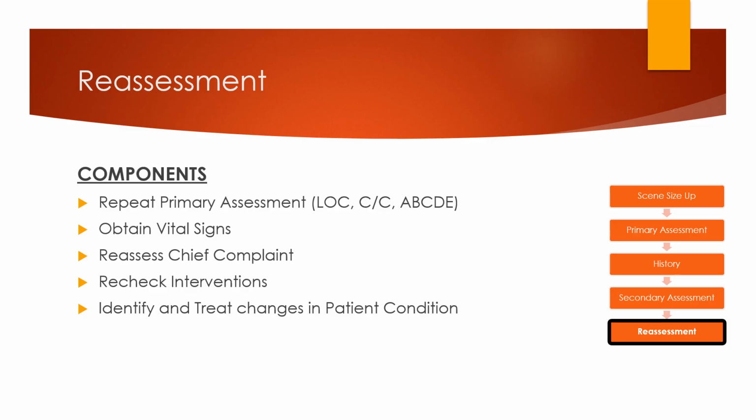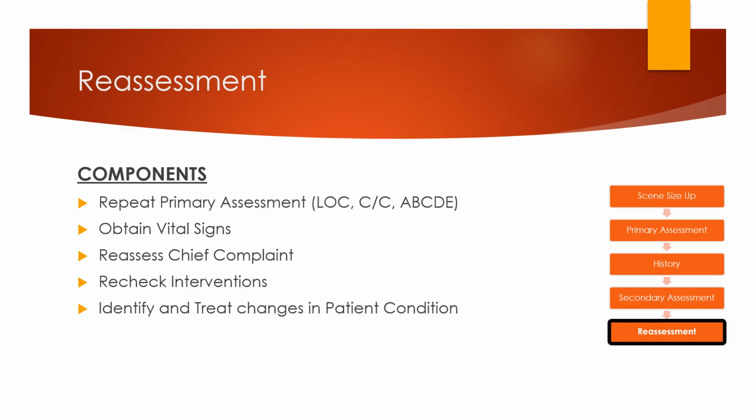When you're doing your reassessment, you want to repeat your primary assessment. Okay, so let's say I had a patient with chest pain. I'm going to knock out LOC, chief complaint, and airway all at once. Okay, I've moved my patient to the ambulance, and I go, hey, sir, you said your chest pain was about an 8 earlier before we moved you. Can you tell me how your pain is now, or if you're having any pain? If he responds, and he's alert, right? He can talk to me. His chief complaint, did it get better or worse? He tells me it's an 8. His chief complaint's gotten better, and he said it with clear speech. His airway is open,